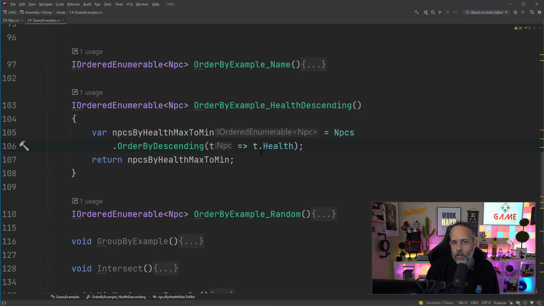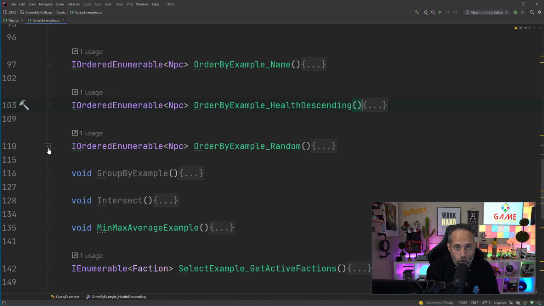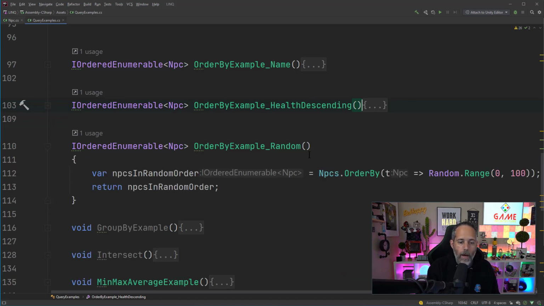Order by descending just goes in reverse order of order by. Instead of going from low numbers to high, it goes from high to low. And instead of going from A to Z, it goes from Z to A. Now we're going to get into the most exciting and one of the coolest order bys, ordering by a random